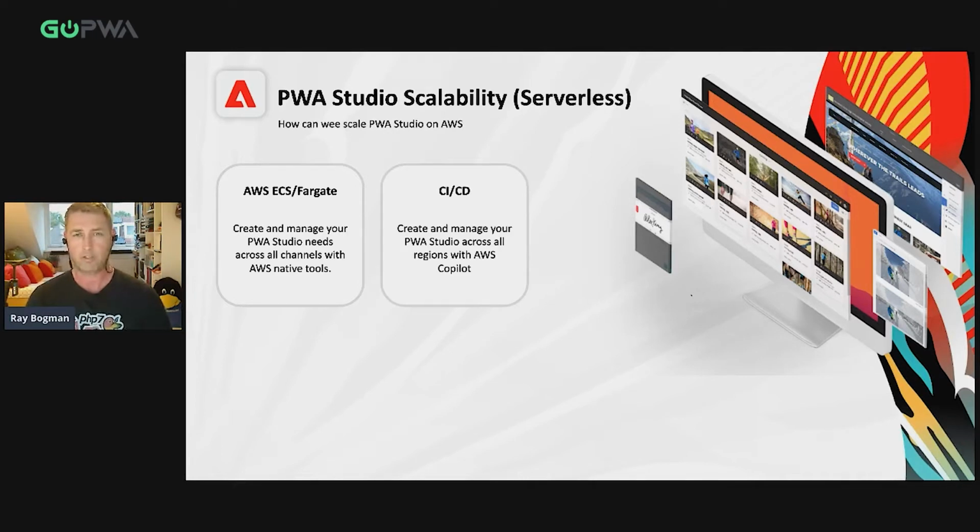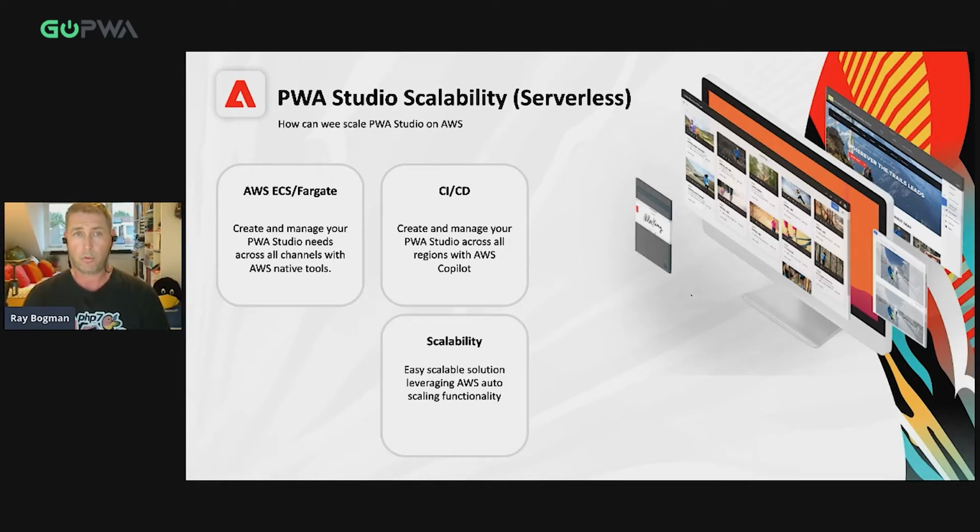Within AWS, there's an option to use pipelines, also known as CI/CD, creating and managing your PWA Studio across the region using a tool called AWS Copilot. And Copilot is a CI tool which can be used as a developer to easily create and deploy environments into the AWS environment, but more on this later.